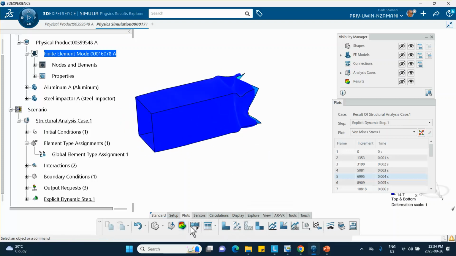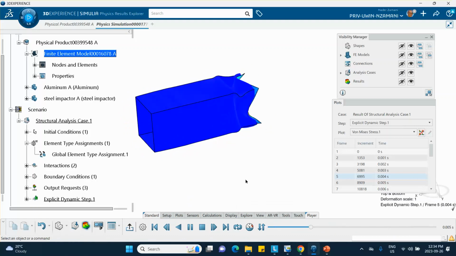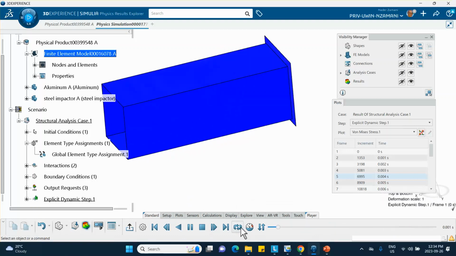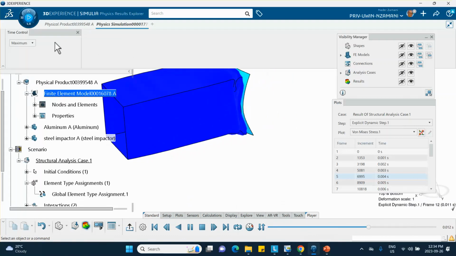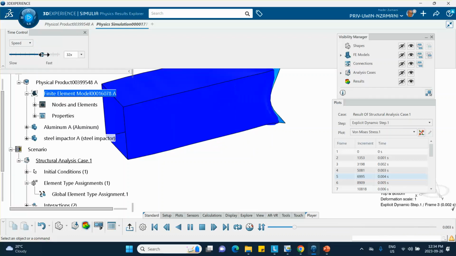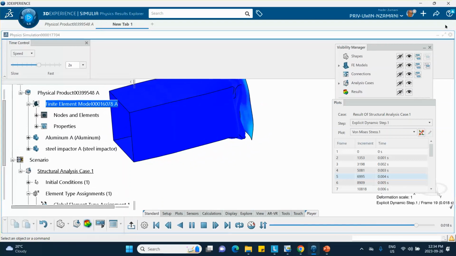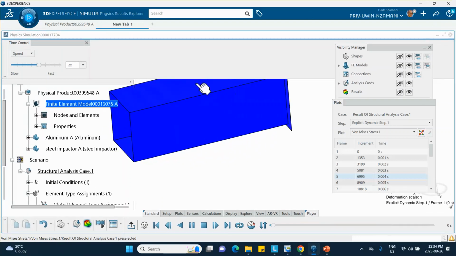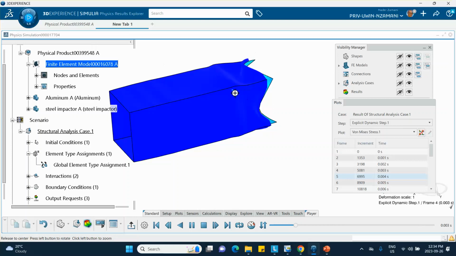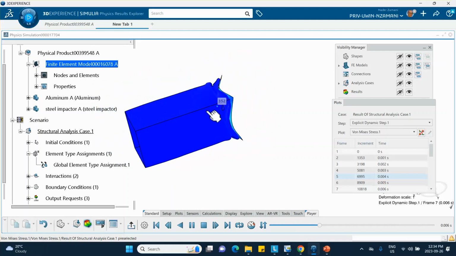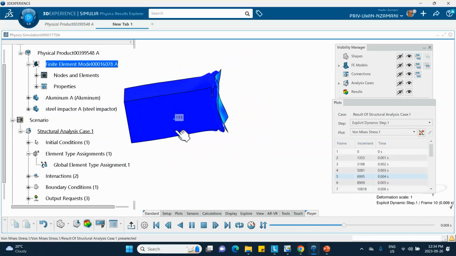Actually, let's slow this thing down to have a better idea of what's going on. Speed, let's make it smaller. Close this. You can see what happens. This thing hits the tube and then bounces back, and there is a lot of oscillation taking place in the